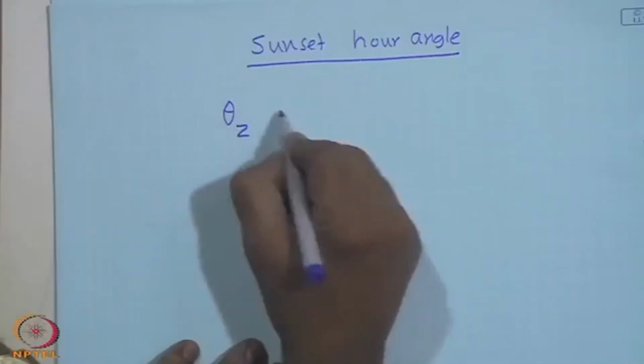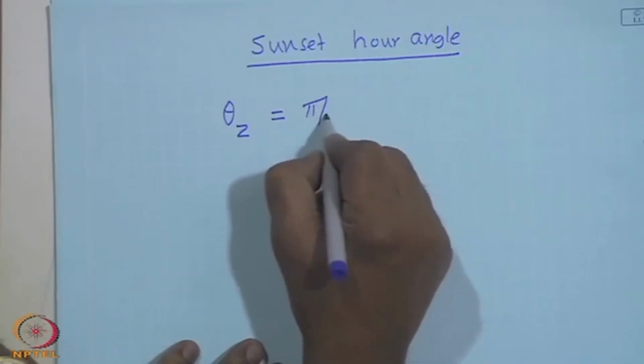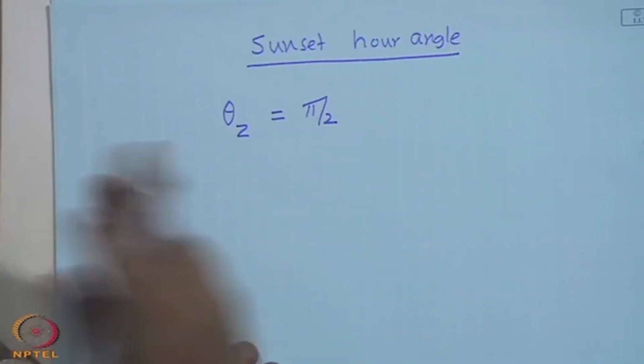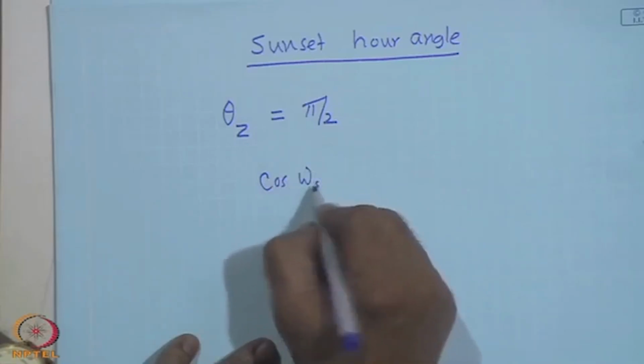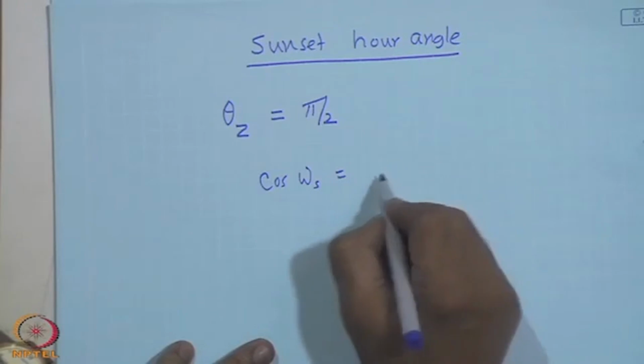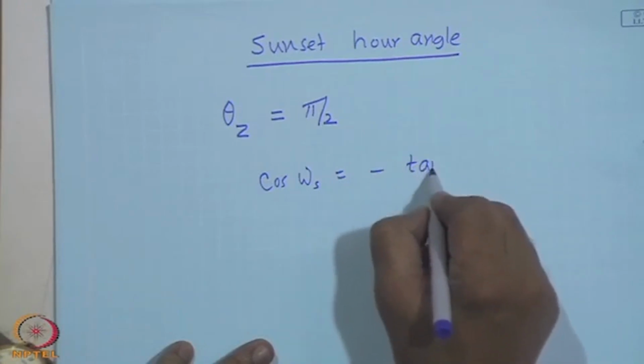So, you put theta z equal to pi by 2, because remember you are measuring from the vertical. So, a horizontal ray will be at an angle of pi by 2 and not 0. Then if you solve for theta z, you will get cos omega s, the value of omega for which the sun rises or sun sets, which is minus tan phi tan delta,